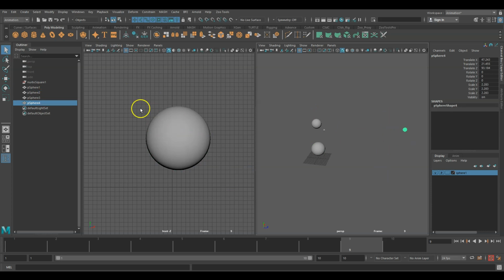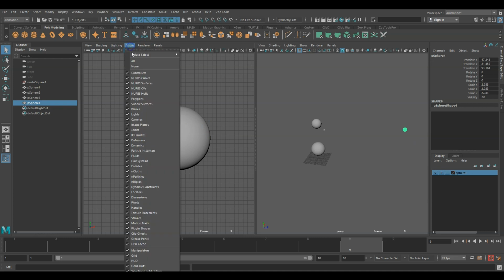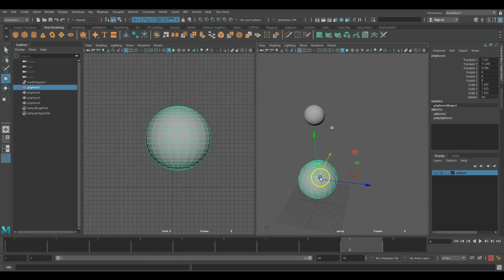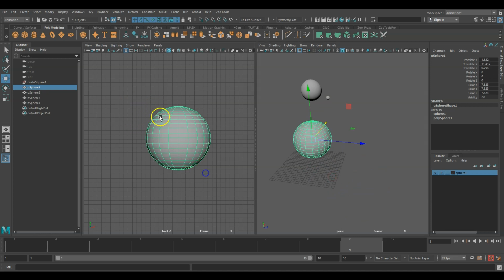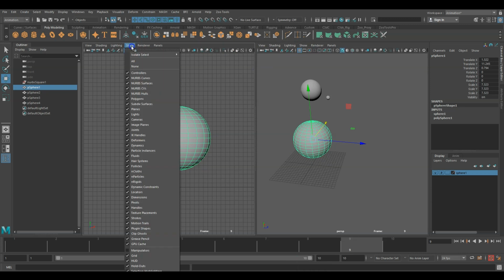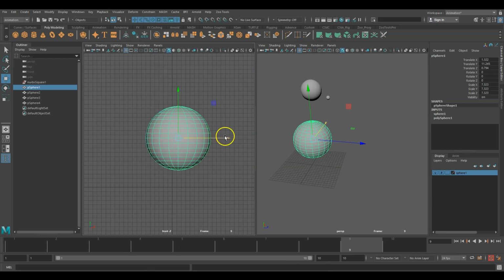You won't see the manipulator. Manipulator means, if you go here, show manipulators. If you turn off the manipulator, then you select with W. You can see the manipulator here, but you won't see it here, because here the manipulator is on, and here the manipulator is off. If you click on the manipulator, you will see the move tool. Same with R for the scale tool.